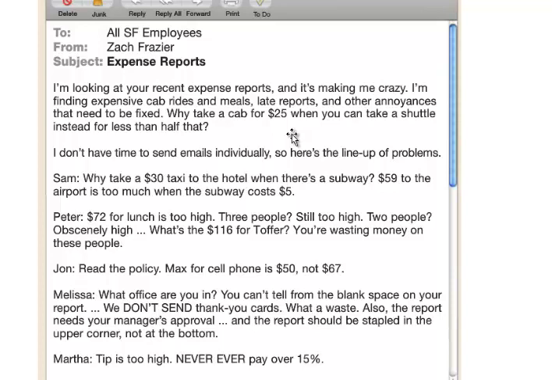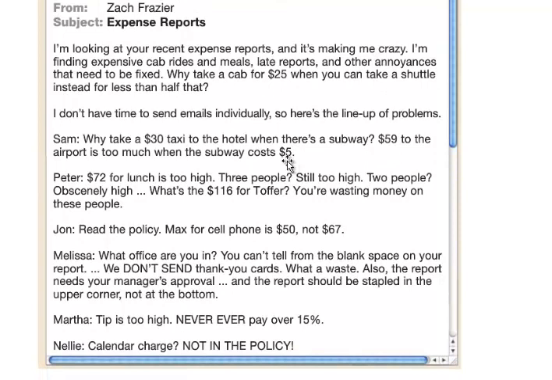When they do the separate emails, they don't give each reader a synopsis of what's going on. Obviously, if you're going to send out 5 different emails, you need to have each email include a comprehensive discussion about what the problem is. It doesn't mean you can't copy and paste from one to another. But if you're writing Sam specifically, then Sam has to understand why there's a problem, and then Peter has to understand why there's a problem, and you might want to do separate emails to each